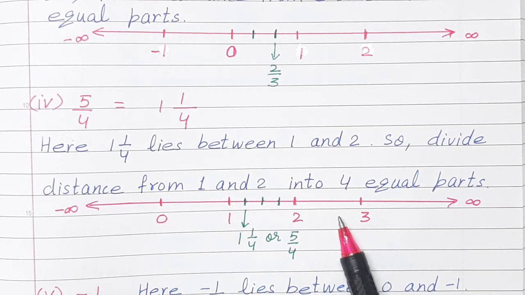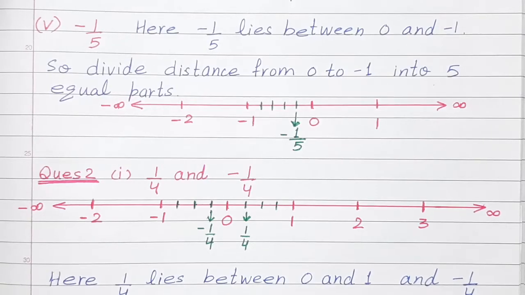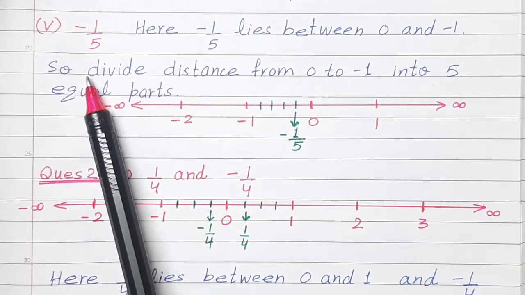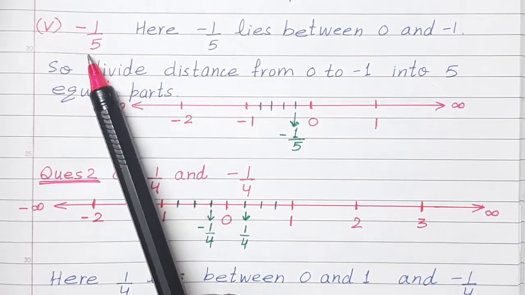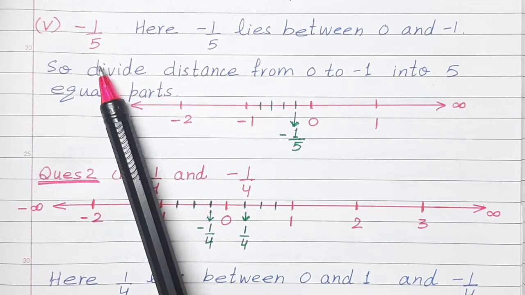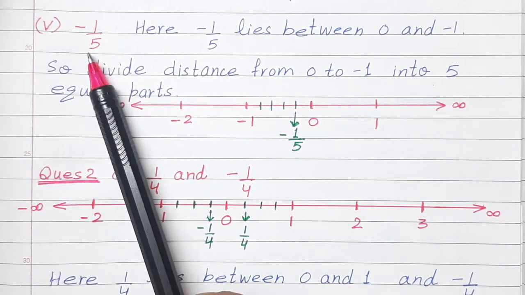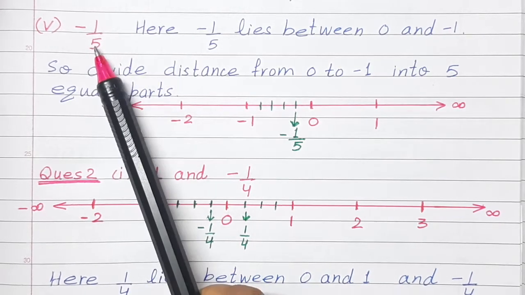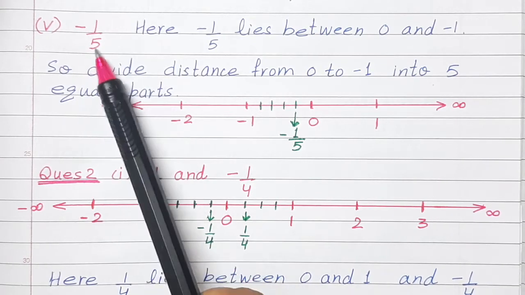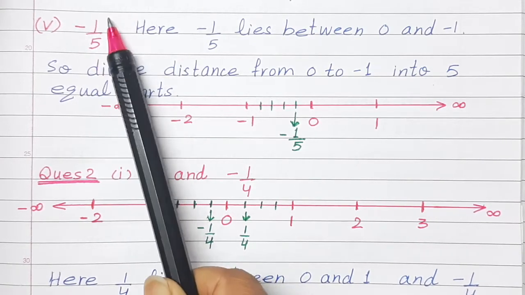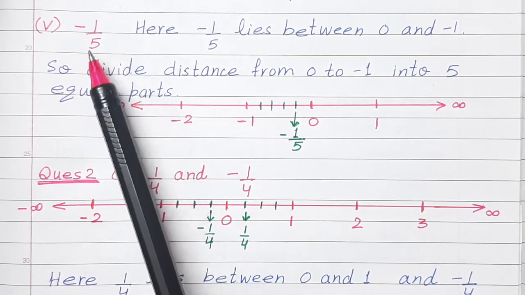Is it clear? Very good. Now let us discuss the next part. Now children, see the fifth part, minus 1 upon 5. It's a negative fraction. Now we can see that it is a proper fraction where the numerator is less than